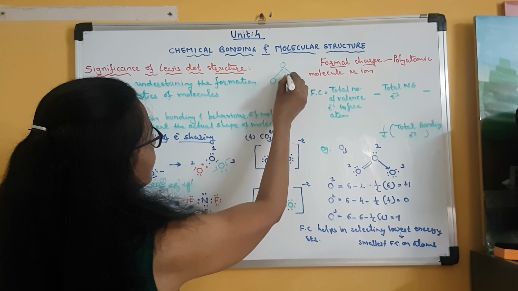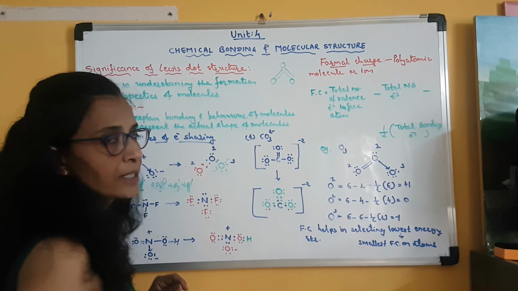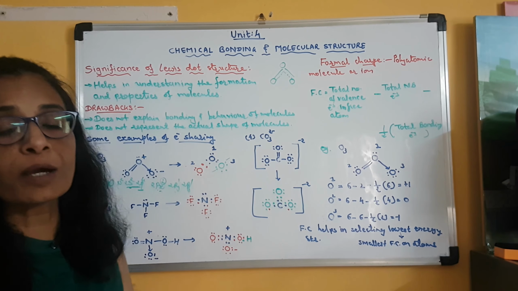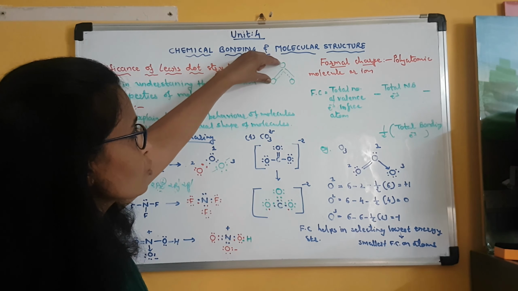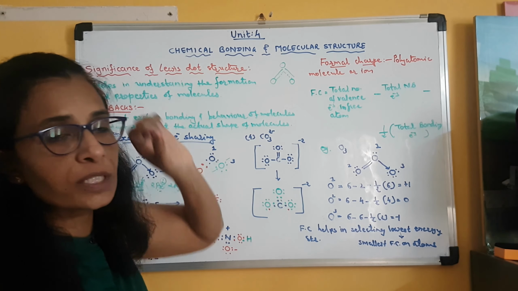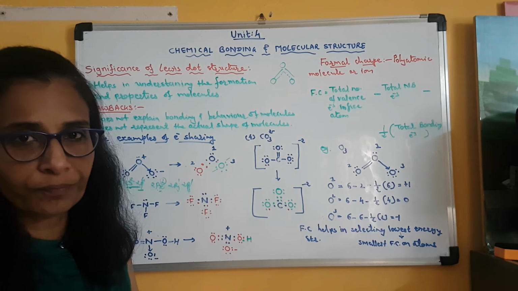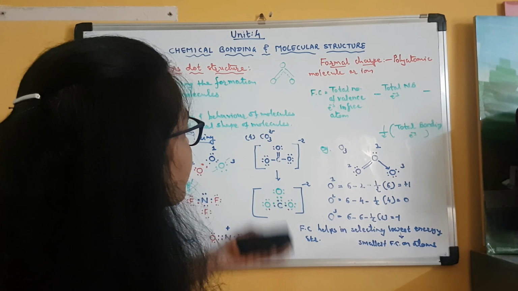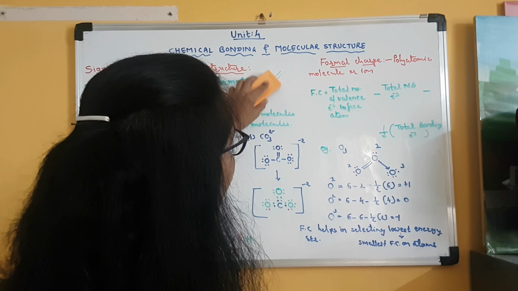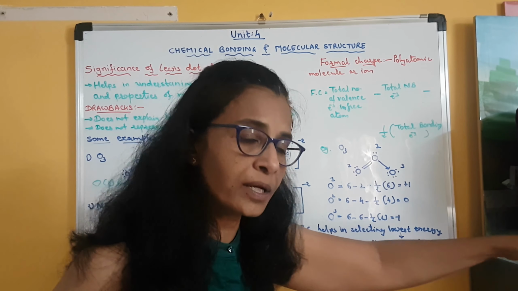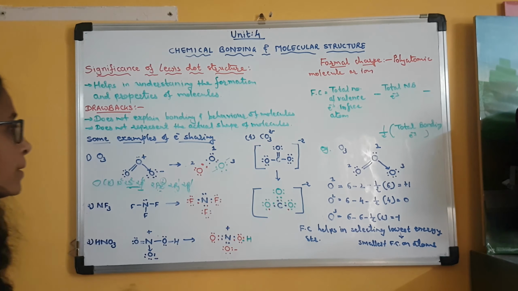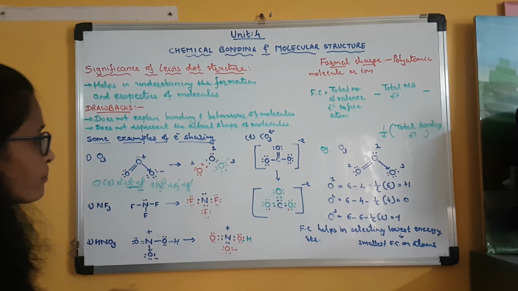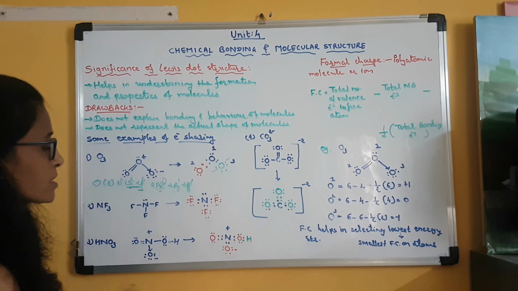And that is why for the ozone molecule we can also draw the structure like this. This dotted line represents the position of the double bond. It can be between these two oxygen atoms, it can be between these two oxygen atoms also. Clear? So here we will not go into that point because we are going to study it in detail again in this chapter under the heading of resonance. Clear? So at that time we will discuss it in detail.